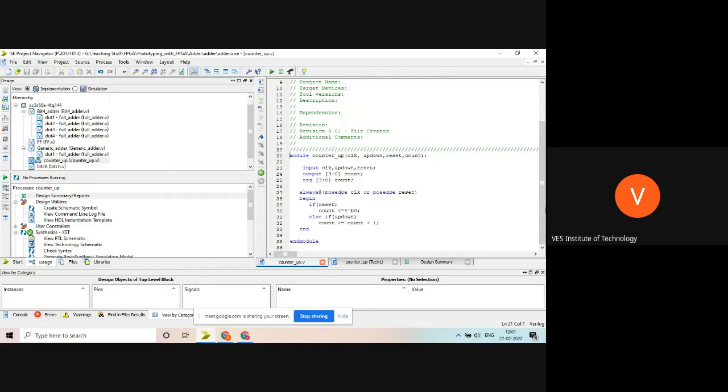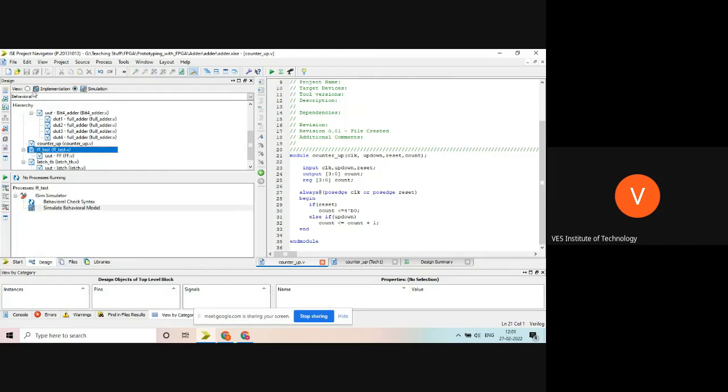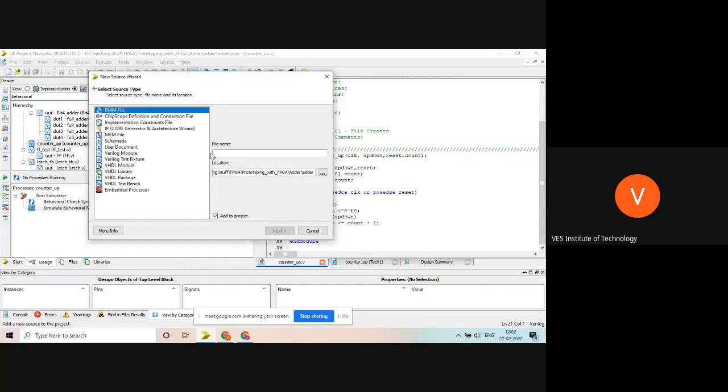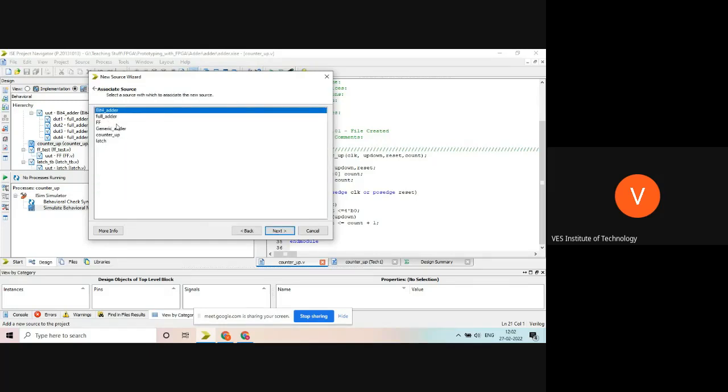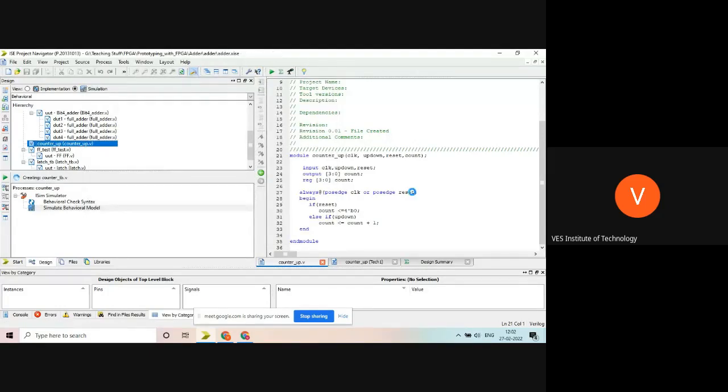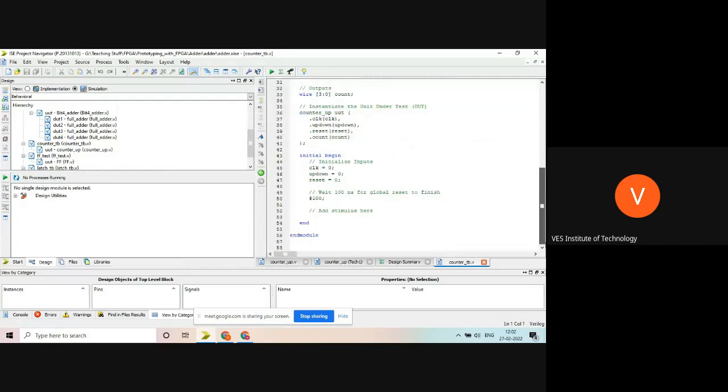You may write the test bench in the same way which we have written earlier. It will count from 1 to 15. It's a simple test bench; I will write it in 2 minutes and finish very quickly. New source, I will write Verilog fixture for counter PB. Next, nothing has been changed. I am writing the same kind of test bench. You may modify the test bench the way you want.